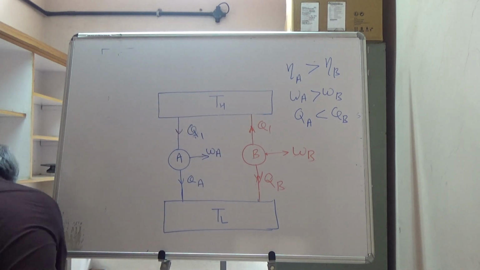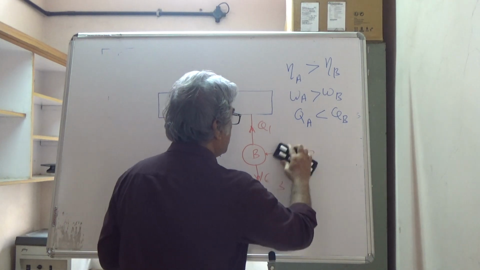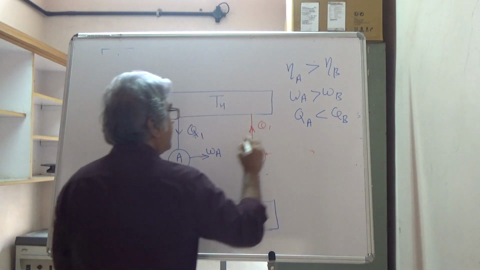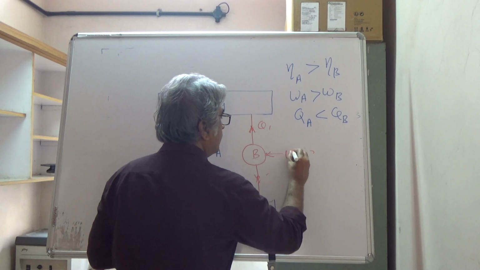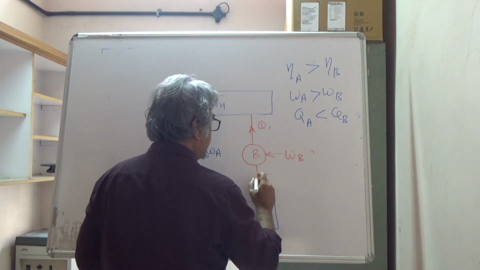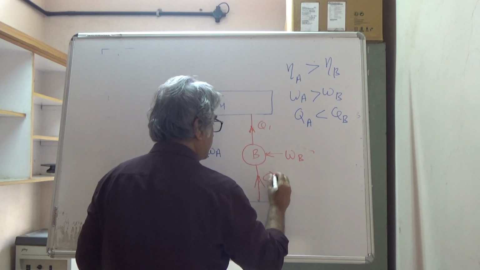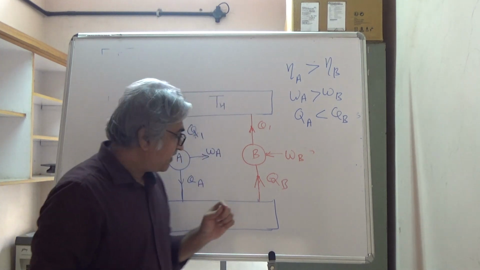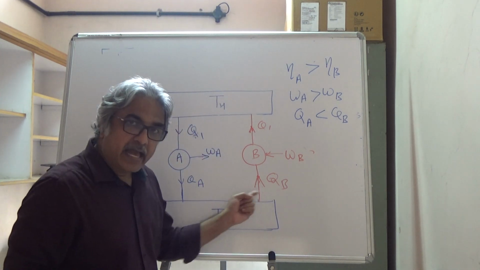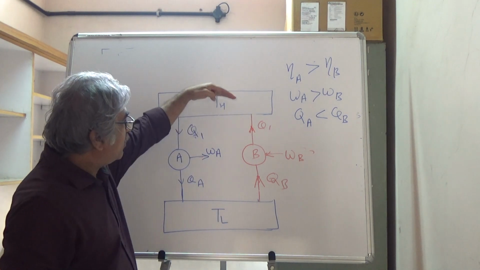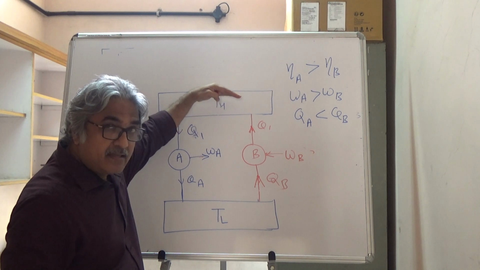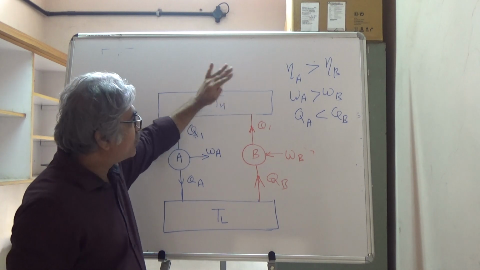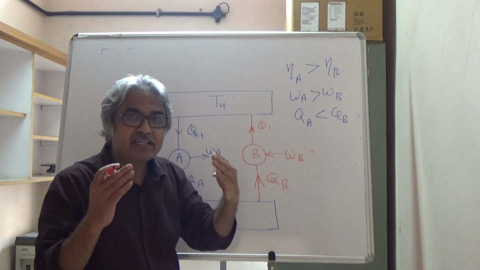And now we will just show this reversal. We will reverse this because this is a reversible engine. All the directions of arrows are changed. This is WB. This is QB, right? Okay, now just think about it. This is TL and this is TH. If you look at this, the source is giving Q1 and it is taking Q1. Okay, so in a way the source has lost its relevance.